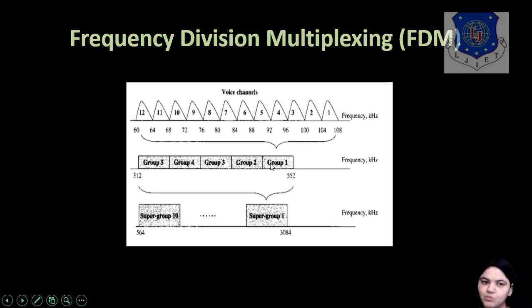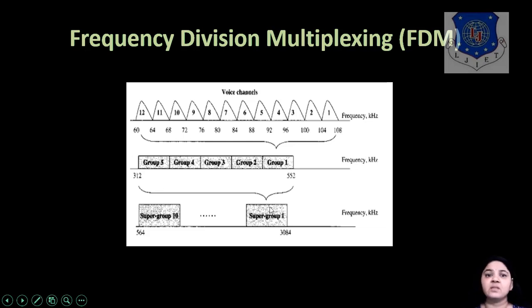So I have the multiplexed output here. Similarly, groups 1 to 5, all their frequencies can also be combined, and I have one super group. So a number of groups make one super group.